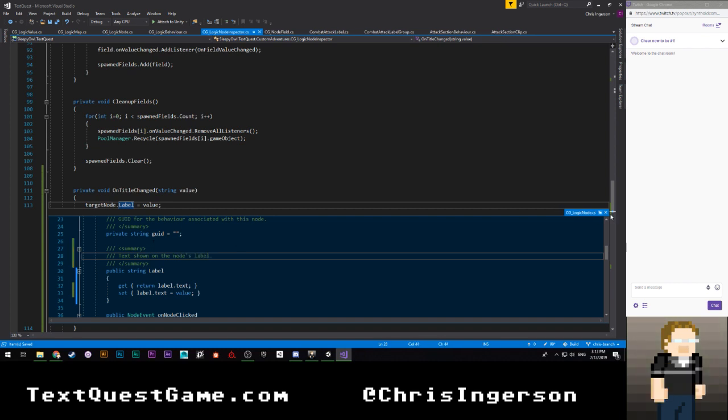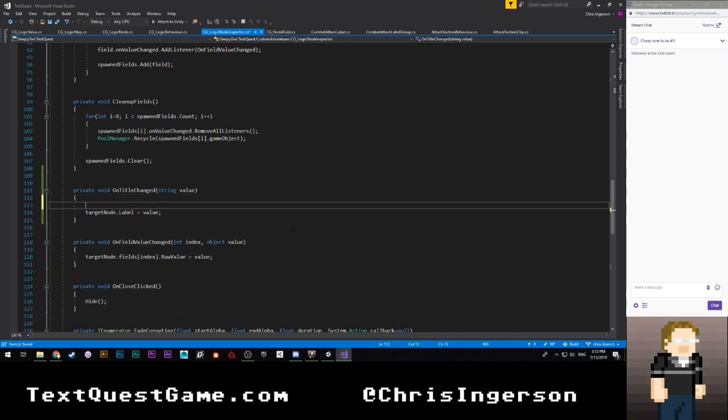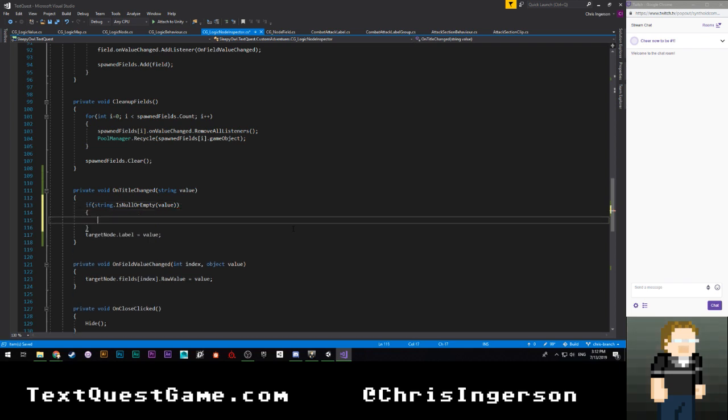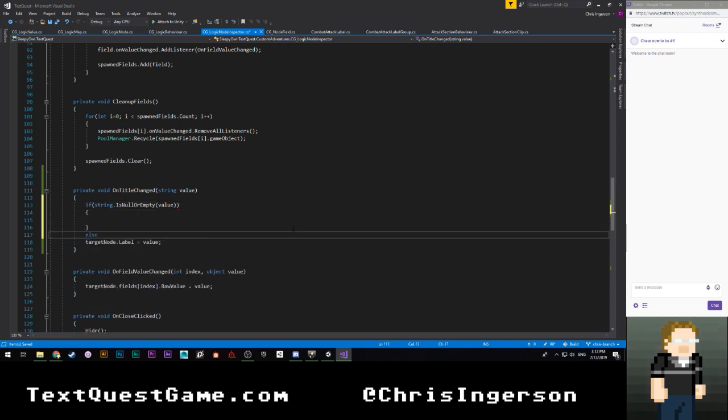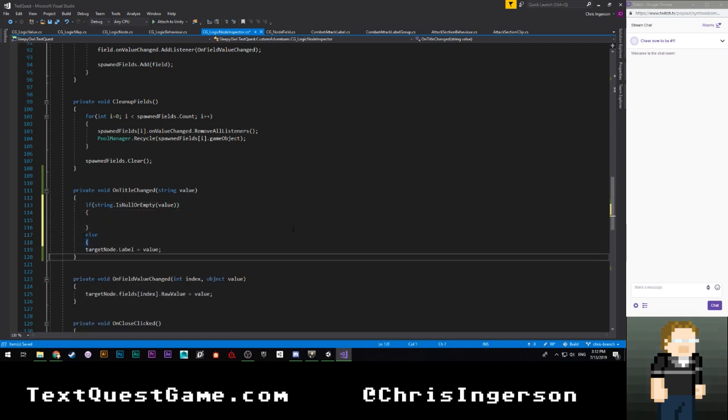Okay. And also, we're going to go ahead and say, if string.IsNullOrEmpty(value). So if we return an empty value, then we actually want to do something else because we don't want to have any nodes with no names. So we're going to say,